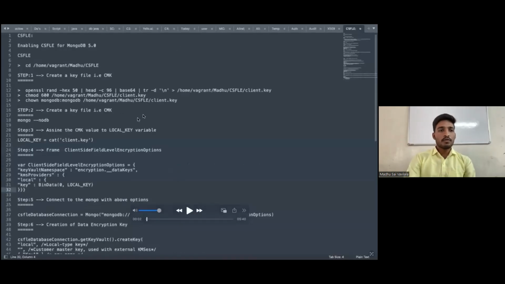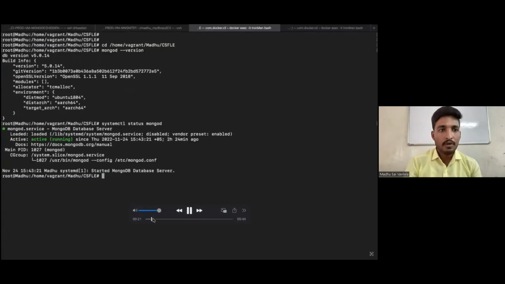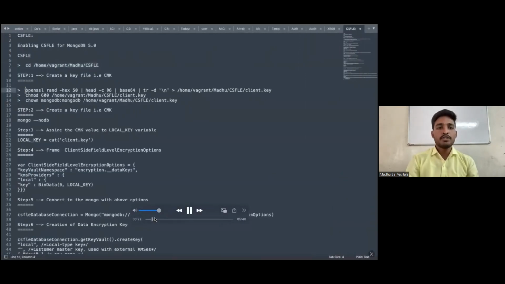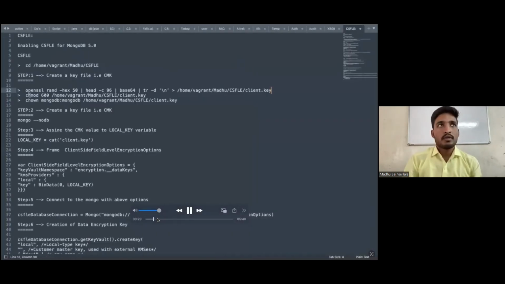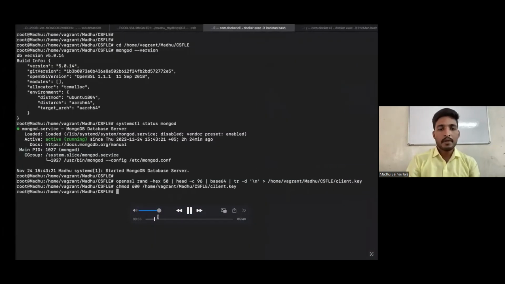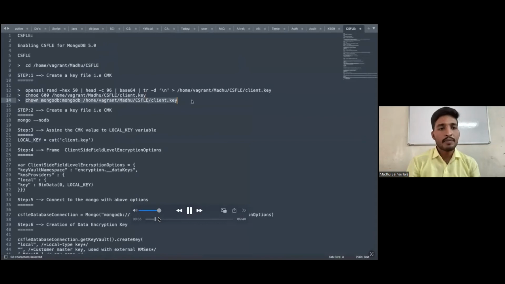These are the few configuration steps involved in enabling client-side field level encryption. I am doing this on MongoDB 5.0. We need to start MongoDB. Then we need to create the customer master key without white spaces. We are providing read permissions.